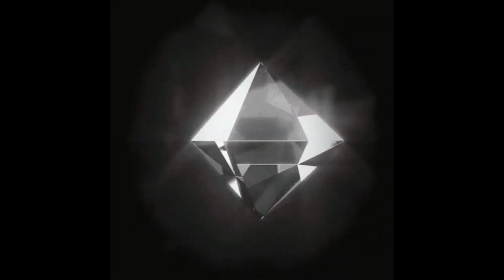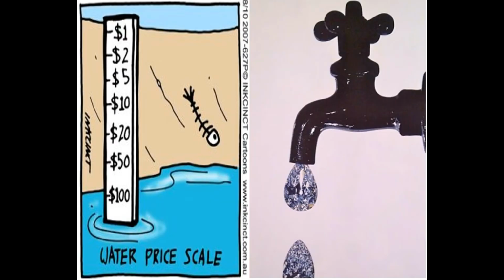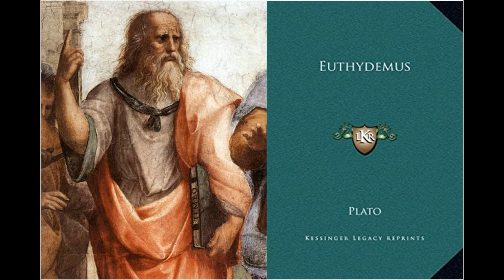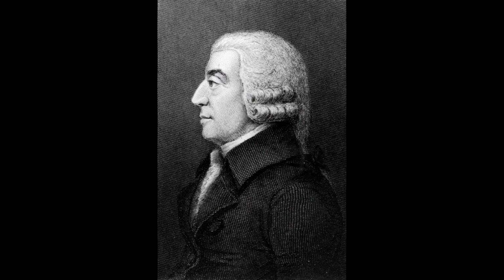This brings us to our main topic, the paradox between diamonds and water, otherwise known as the paradox of value. When we speak of the paradox between the two, we're talking about the value of both objects. Broadly speaking, water is more useful than diamonds in terms of survival. However, diamonds have a higher price in the market. The thought had originated in the philosopher Plato's book, Euthydemus, but Adam Smith also pondered about this paradox as well.